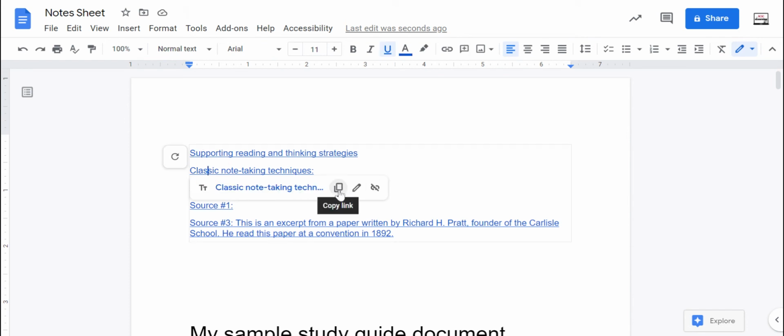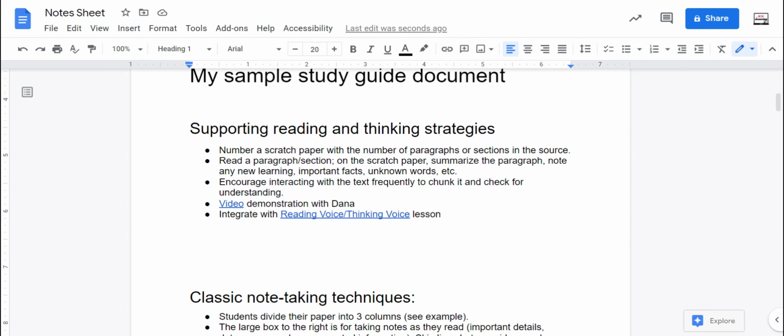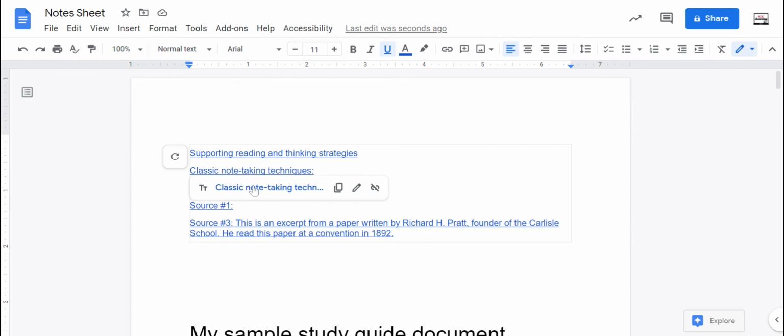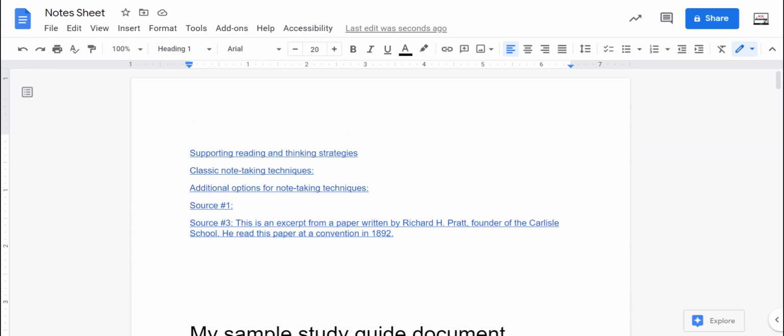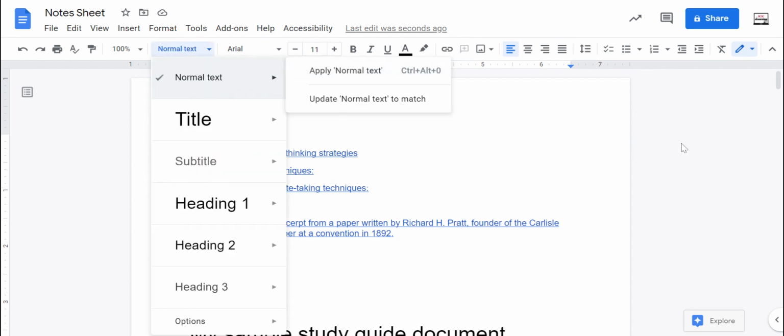I can copy a direct link to that section, or I could just click and jump to that section of the page. If you notice, it doesn't have to be on separate pages to take me there. It just takes me to that portion of this text. So that is something that's super nice and neat. You can definitely add text above your table of contents. You can add this table of contents virtually anywhere in your document. You just have to change your text style up here to make the magic